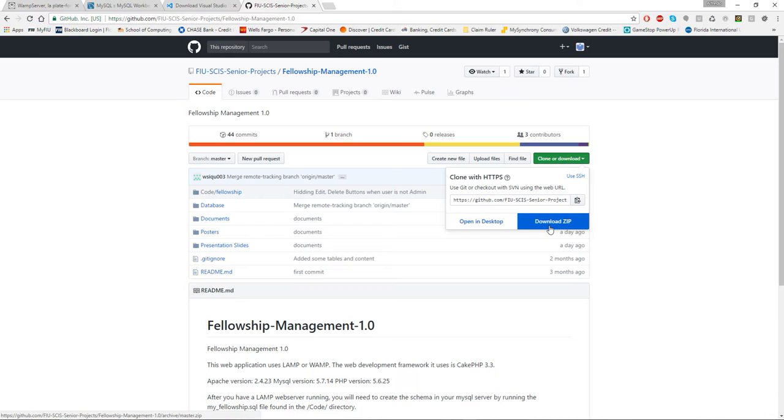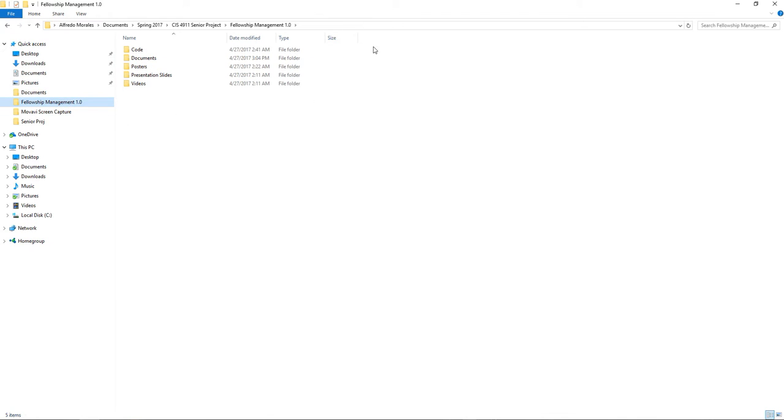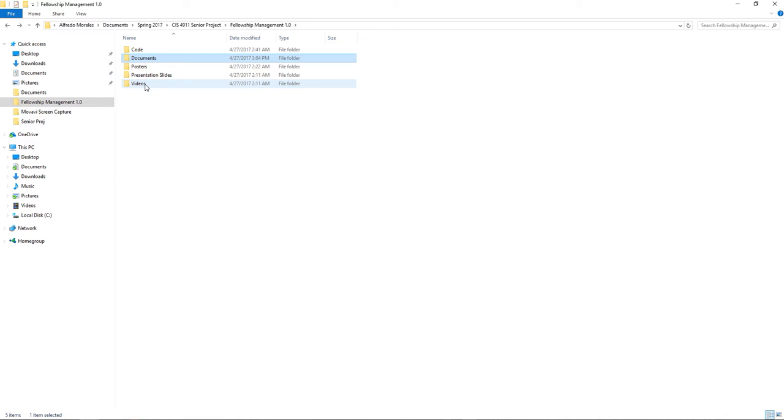So I already downloaded it. I'm going to show you what it is. It is in the Fellowship Management, and it has, as I told you, all the documents inside, videos that are going to be posted here, and the code, the database itself. So I'm going to copy this code